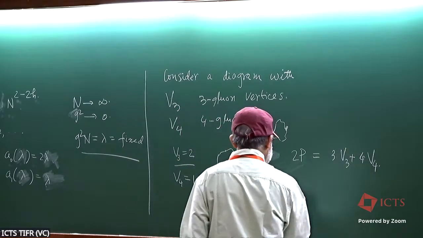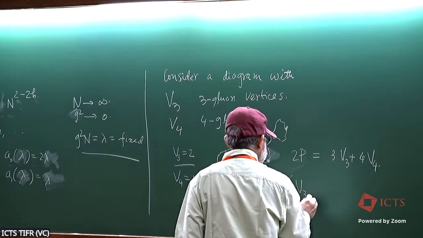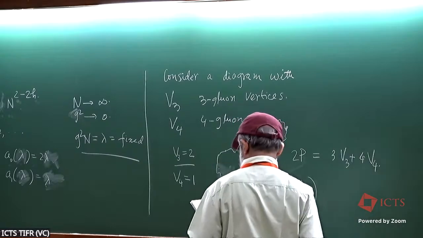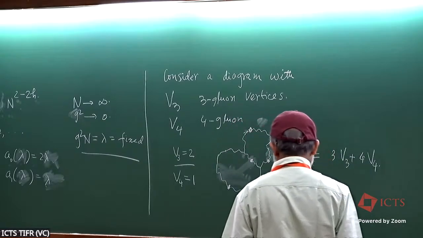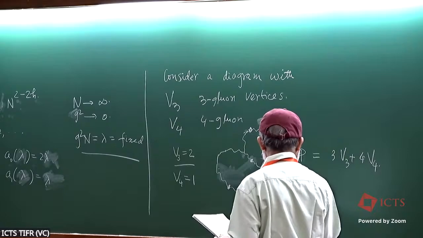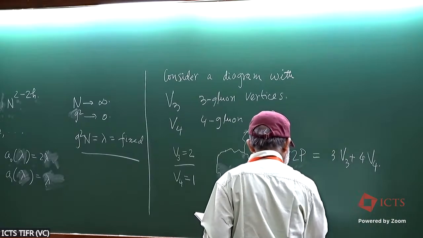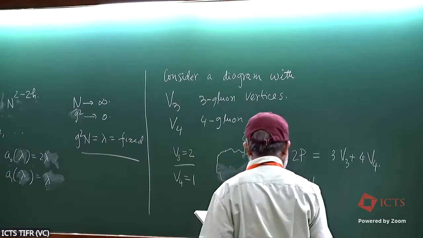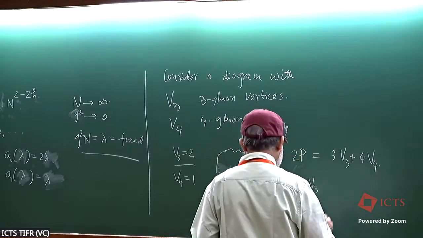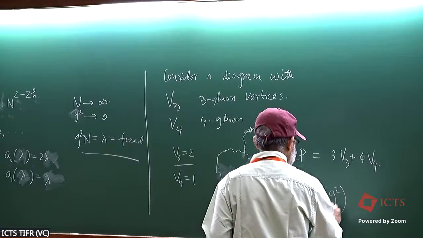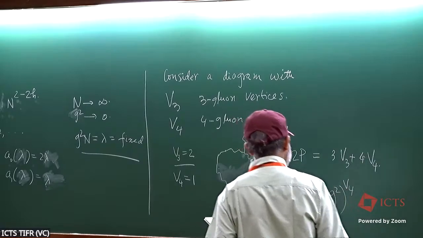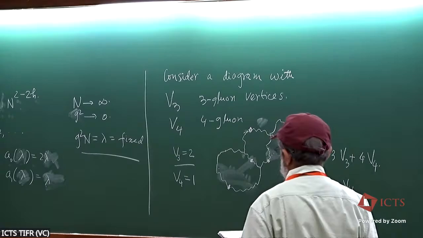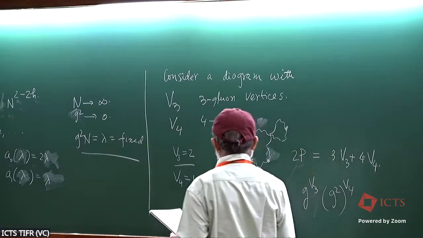The vertices, so each cubic vertex contributes a factor of g. So g times v3, and each quartic vertex contributes a factor of g squared. Okay, and the number of index loops, let us say,